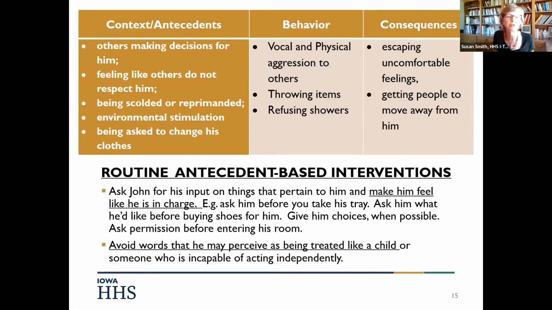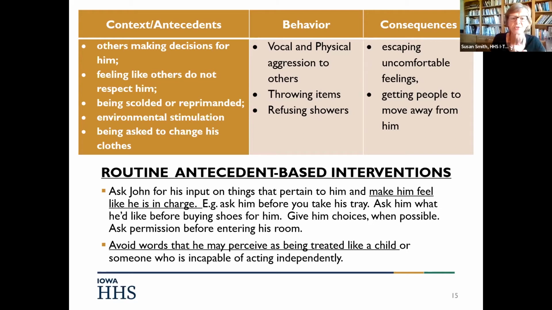So let's go to the next slide, and now let's look at some examples for David that we could use for him. Oops, I beg your pardon, for John. I used the wrong terminology. So for John, what I like to do is go back and look at, in the functional assessment results, the antecedents and see if there are things in there that I can address. So he doesn't like being bossed around. Well, then let's try to find ways to reassure him that he's in charge.